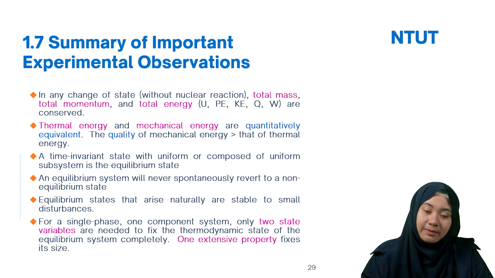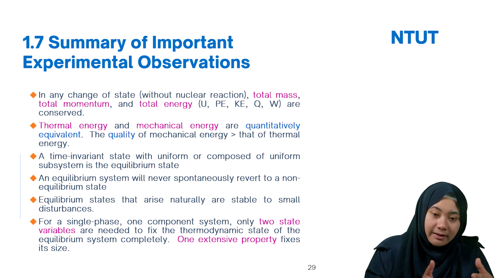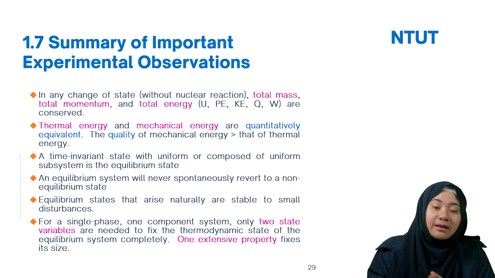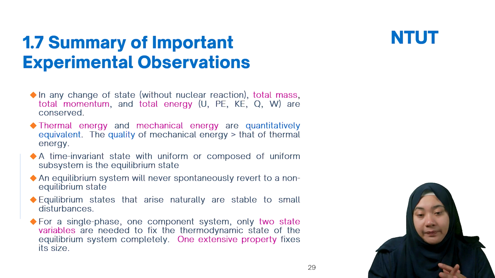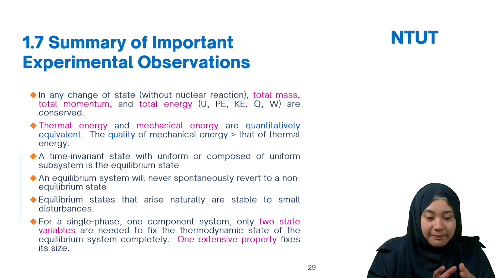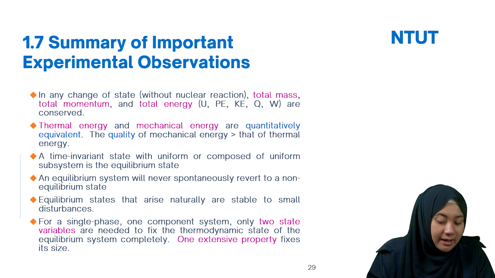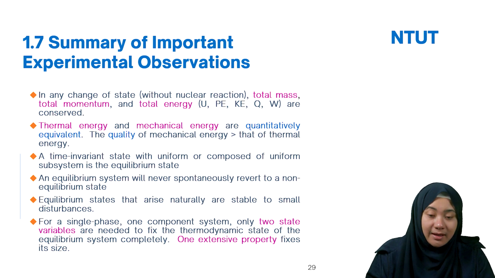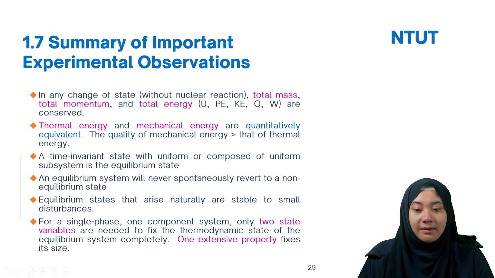Yeah, so remember the first law of thermodynamics. Energy cannot be destroyed or created, but it can be changed from one form to another. This is the first law. So if you put in, for example, 100 joules, but in the end it's not equal to 100 joules, it means that you have energy loss, such as heat loss, but the energy does not disappear.